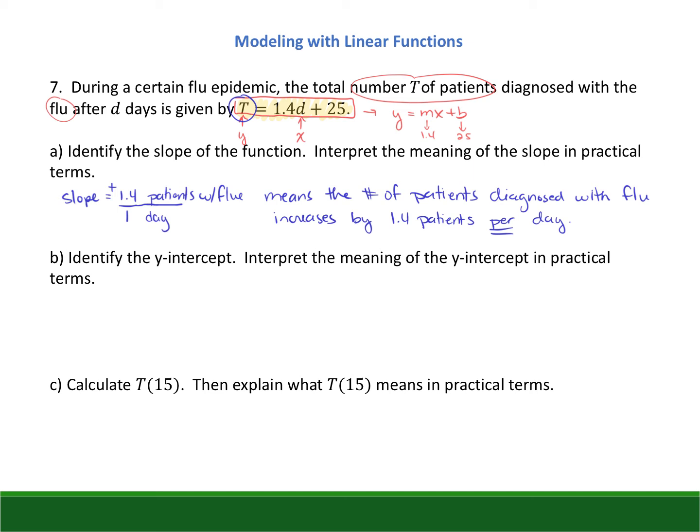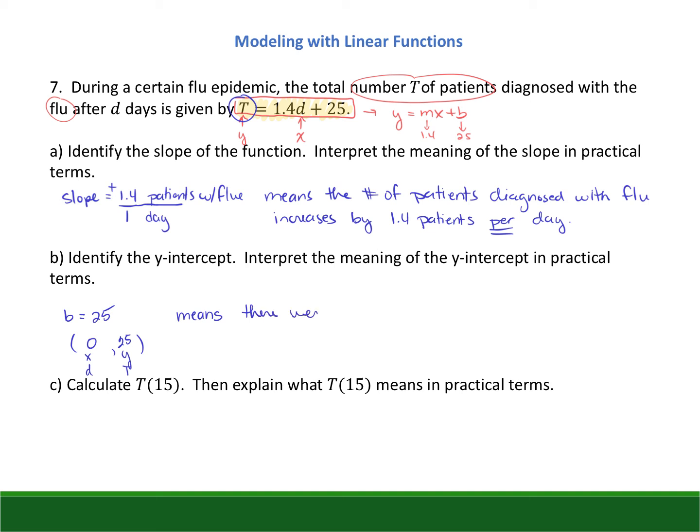Now let's talk about the y-intercept. So the y-intercept is 25. And what the y-intercept tells us is the y-intercept, I'm going to write this as x comma y, is the y value when the x value is 0. So don't forget that x really represents the number of days and y represents the number of patients diagnosed with the flu. So the meaning of the y-intercept in this situation is it means